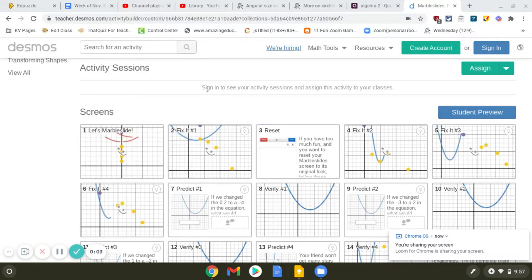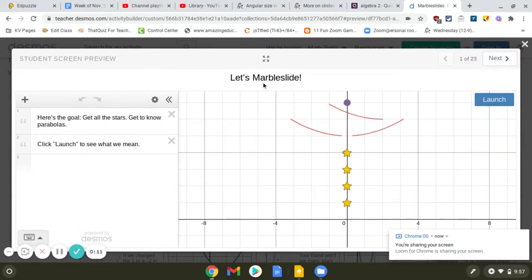Algebra 2, hopefully you will understand this video because it's not cut and dry. You have to be a little creative to do this. So I'm going to go through the first few slides of this. There's 23. The object here is to get this purple ball